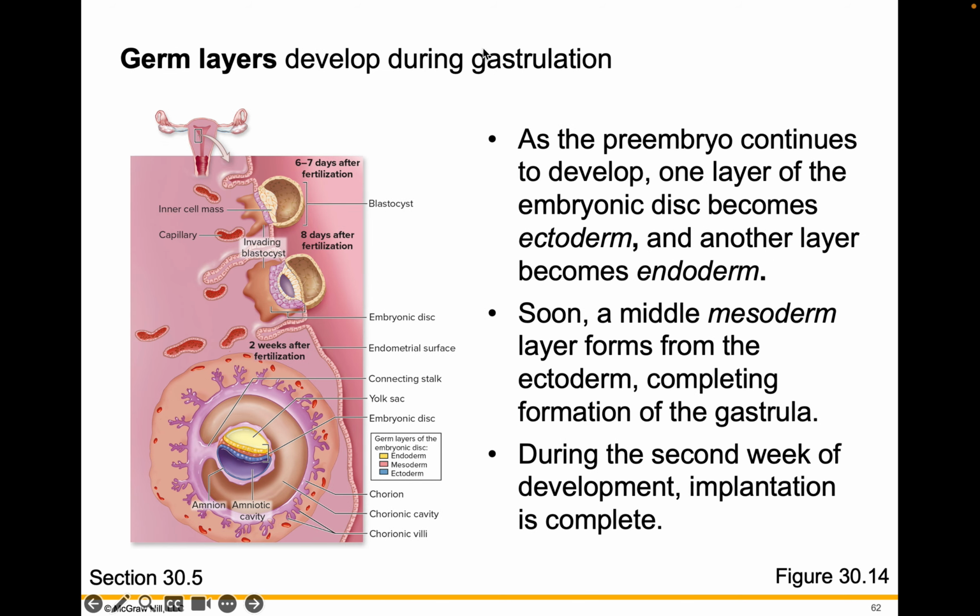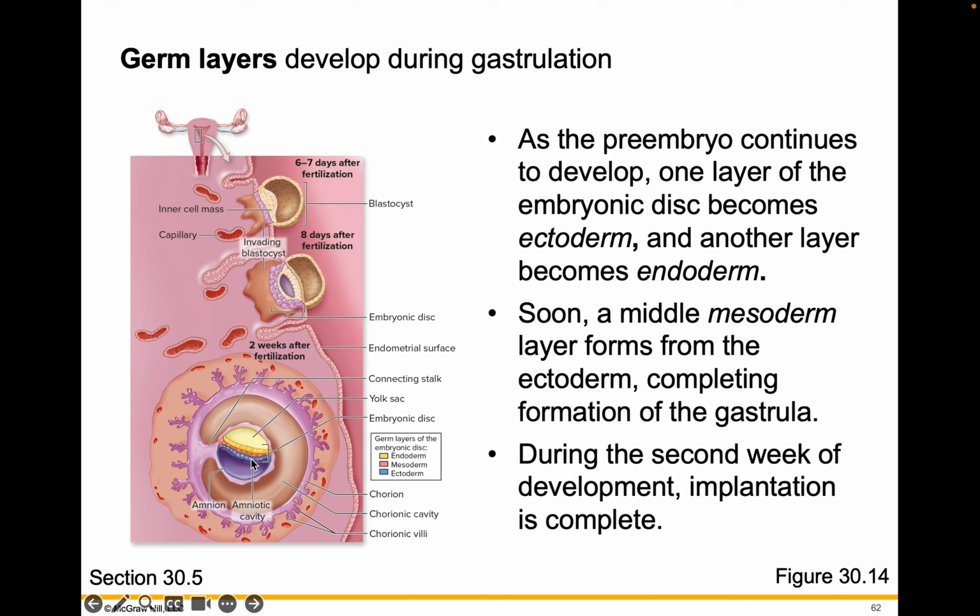Germ layers develop during gastrulation. So as the pre-embryo continues to develop, one layer of the embryonic disc becomes ectoderm, another layer becomes endoderm. So if we look, endoderm is yellow. These will be cells on the outside of the developing fetal body. Endoderm will be on the inside. I'm wrong. Endo means internal, right? And ecto means outside. So